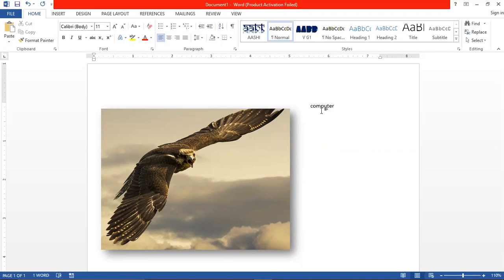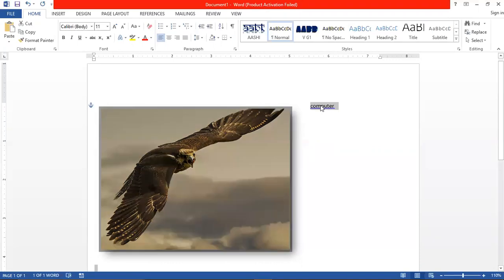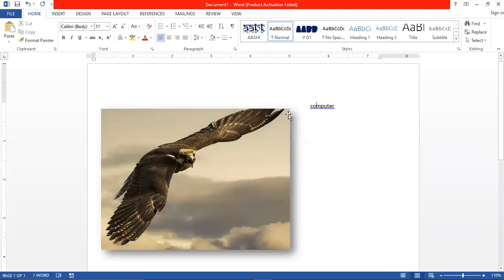The word computer which I have written is above the picture. That is not in line with the picture. Whenever you insert a picture, that picture takes the whole line. The height of the picture is this much, and this much space of this area is being wasted. You cannot type anything in this by default. But MS Word also provides you a tool through which you can move the picture anywhere on your page, and you can adjust the picture according to the text written in your document.